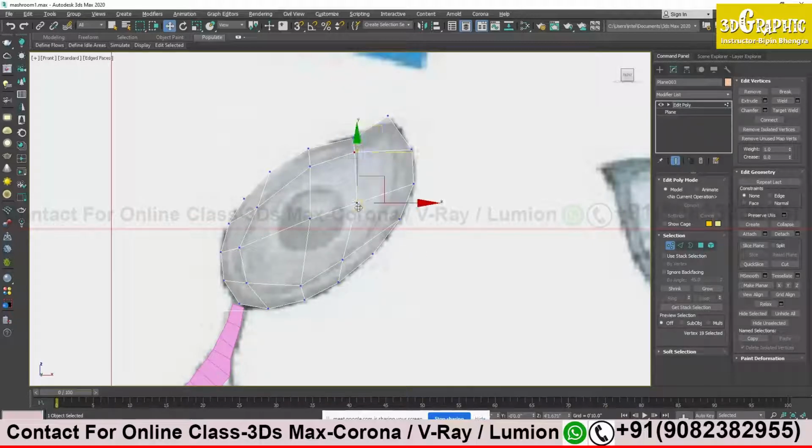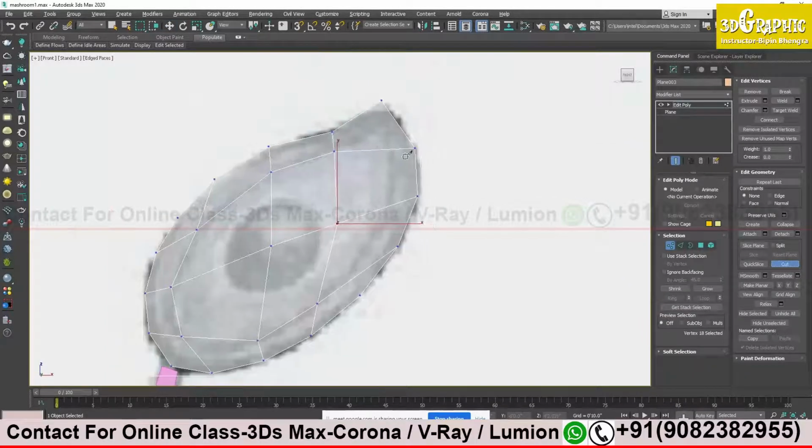What I will do, I will go in vertices mode. And over my right there is, I think, this one cut. Can you see this cut option? On edit geometry, the main palette name is edit geometry. Suppose in future you are not going to find out where the cut option, remember edit geometry, I have to edit my geometry, so I will have to go to edit geometry, and inside edit geometry there is option called cut. Means if I select this, I can make a cut as I needed, but it is possible only on face.